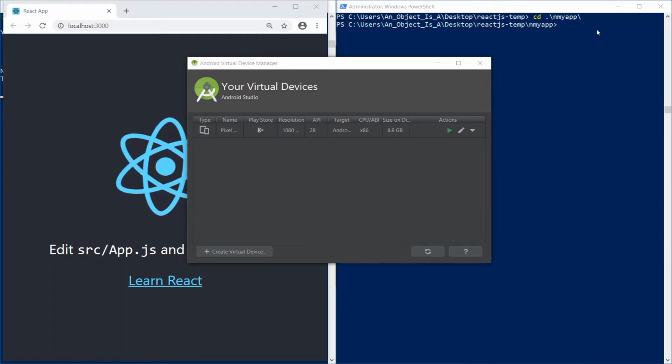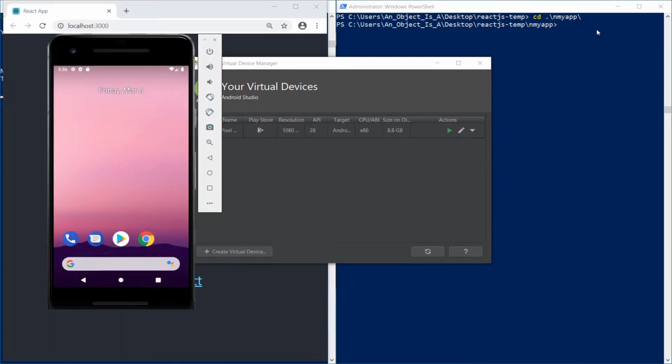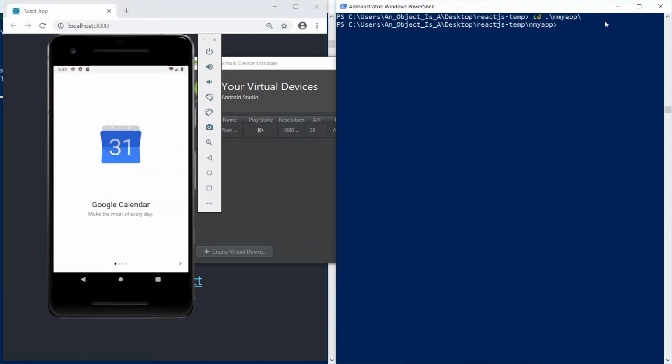So this is going to spin up, and you're going to see a visual representation of an Android mobile phone. And once that gets up and running, I'm going to execute two commands on the command line. One of them is optional. I'll tell you why I'm doing it in a second. And the other one actually gets the React Native app to display on the phone. So the first command I'm going to execute, optional, but why am I doing it? It's going to be React